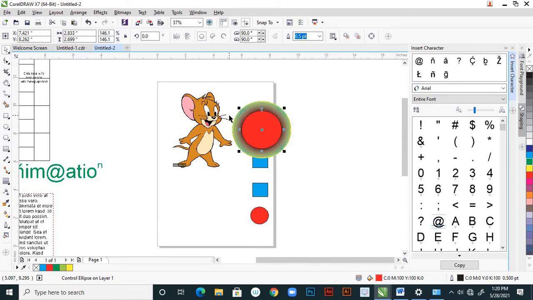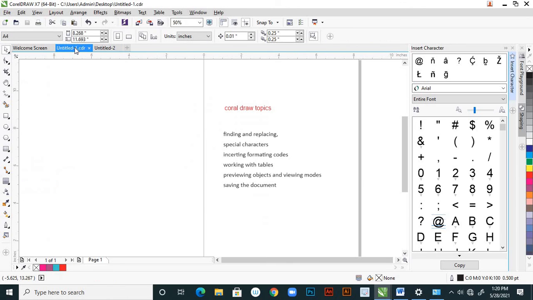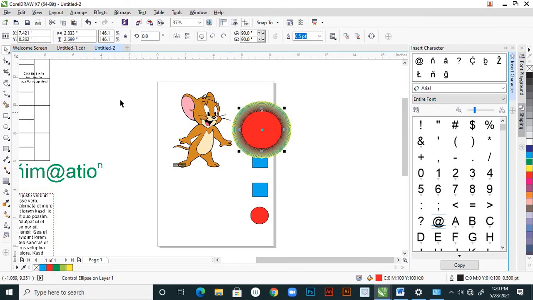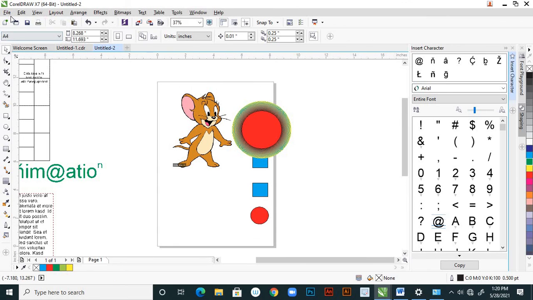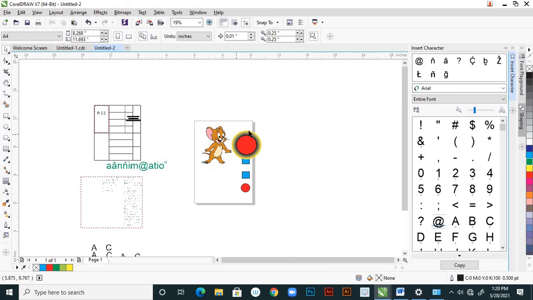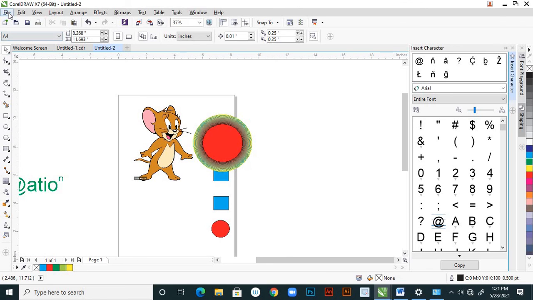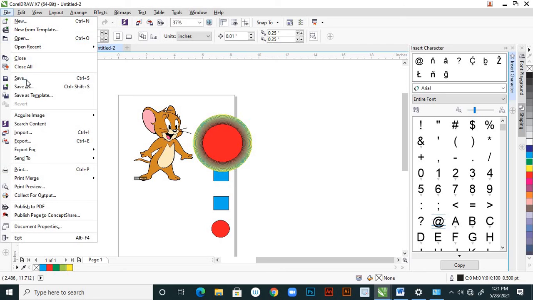So these are the available modes in CorelDRAW. And what is next? Saving the document. Yes, it is very important. Generally we save these documents. Suppose see here we use options, file, save. You can save the entire page, or save as the same page under a different name. We know that as a template, if you want to save, you can save, right?